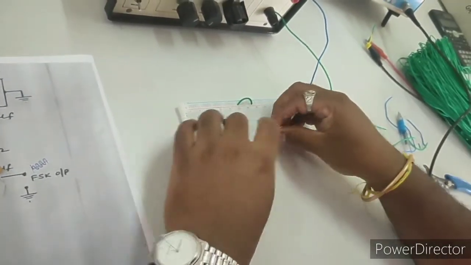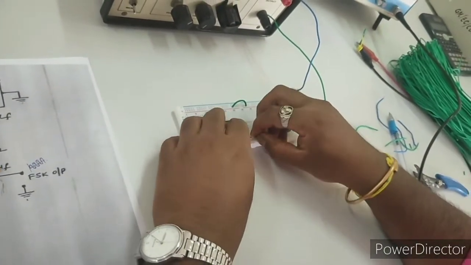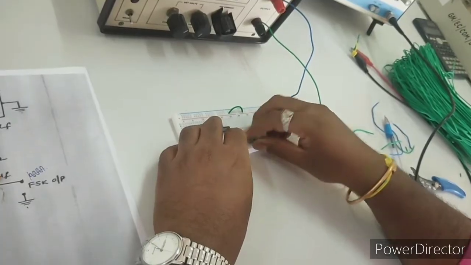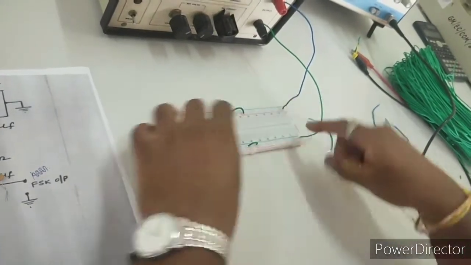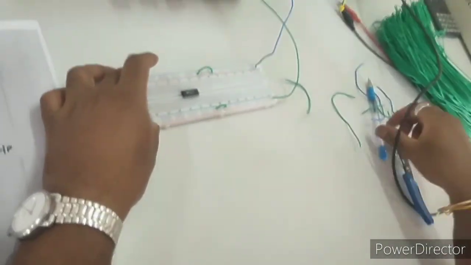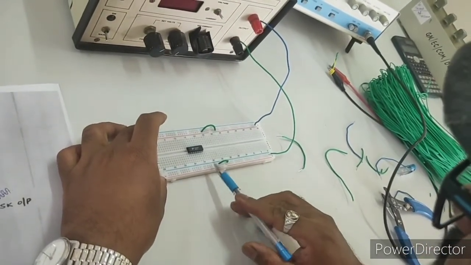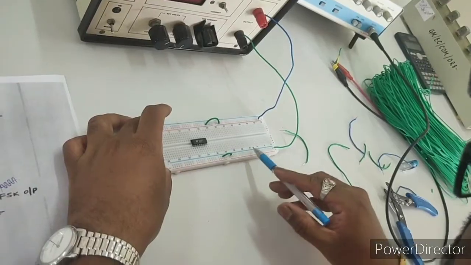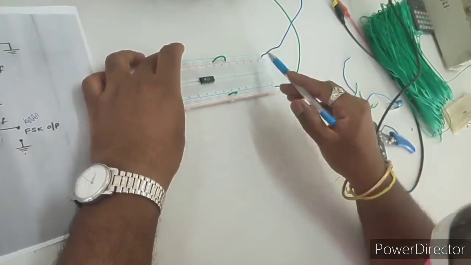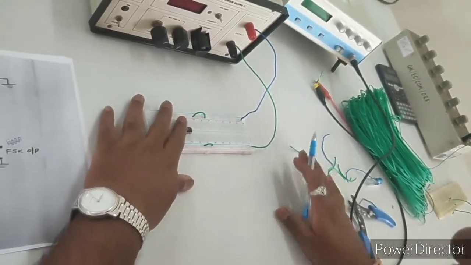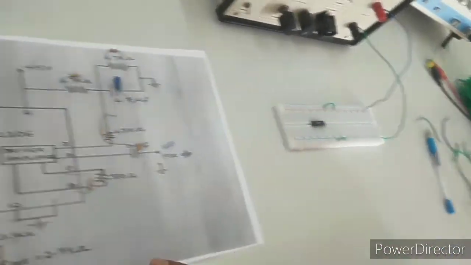If I connect this one and this one using connecting wire, this entire line becomes negative. You know that in the breadboard only 5 slots are shorted horizontally, 1 2 3 4 5. I am shorting this 2 3 4. This entire line becomes negative, this entire line becomes positive. Now I'll show you the circuit